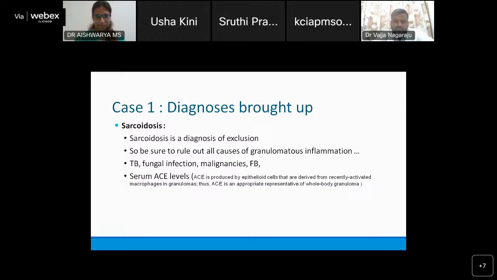And also you ask for serum ACE levels. For people who will wonder how angiotensin converting enzyme comes up in so-called sarcoidosis, it is said to be released by the epithelioid cells. That's something strange and nice to know. But in the early stages, the ACE levels may not be raised, so you may not be helped by this serology.